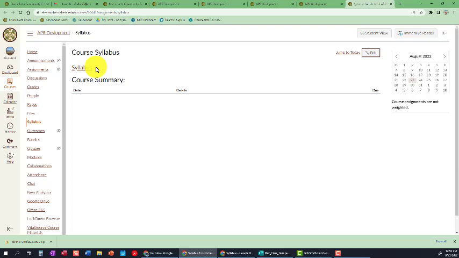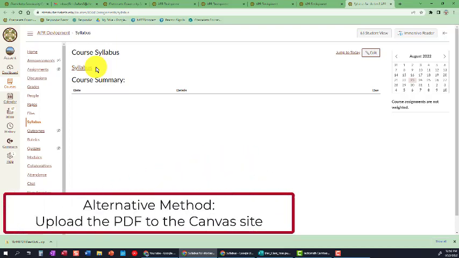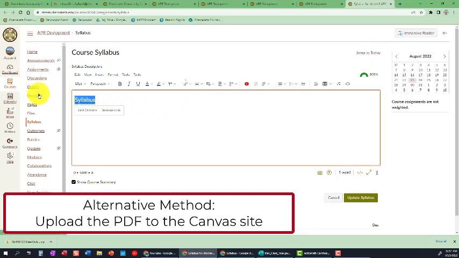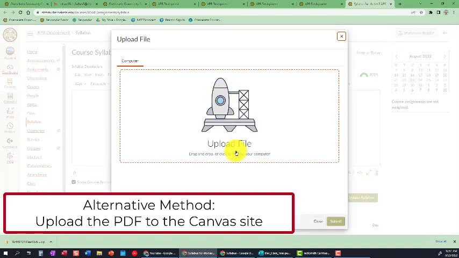Now, the next method of bringing the syllabus into the class homepage, you don't necessarily have to do it with the link method. Let's delete that. Let's do it a different way. What you can do is, rather than bringing in a link, you can actually upload a document. So you upload a document, and with that option right there, you would then go to